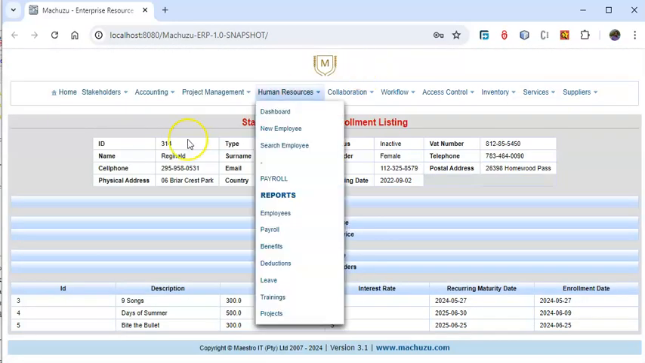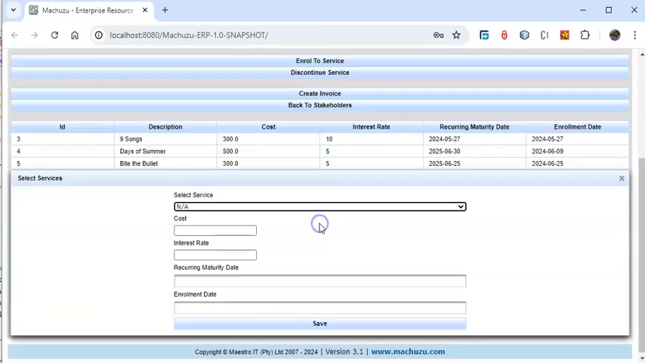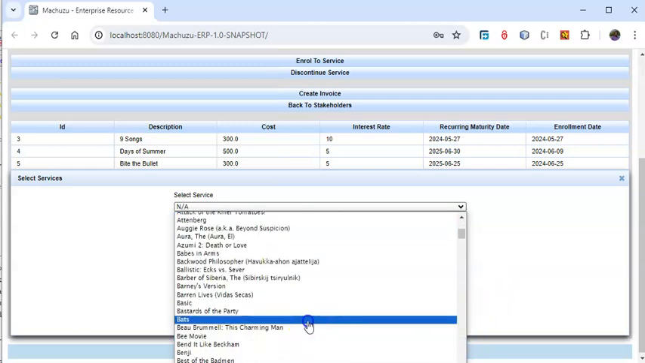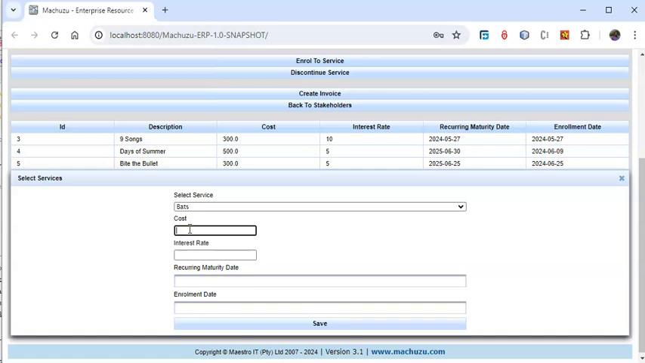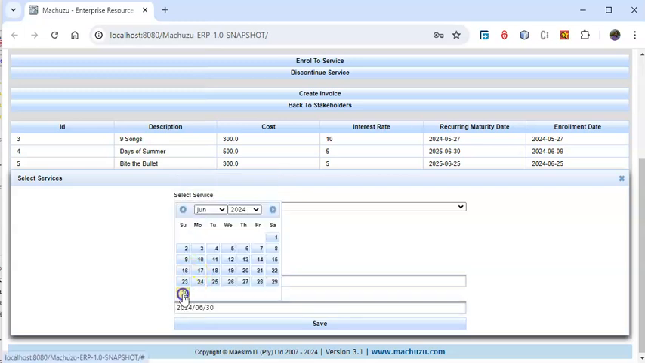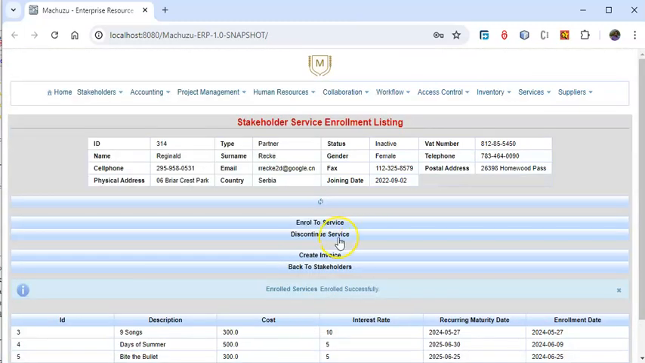And then you can also enroll them onto services. Services are essentially the services that you provide. So you can enroll them to a service. You select the list of services that you provide, how much it will cost for that client, interest rate per annum or month or whatever. It's per annum, yes, interest per annum. And then you save, and